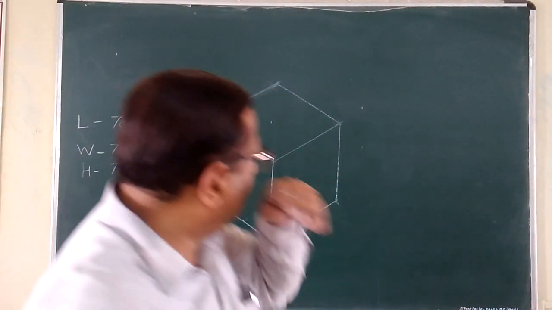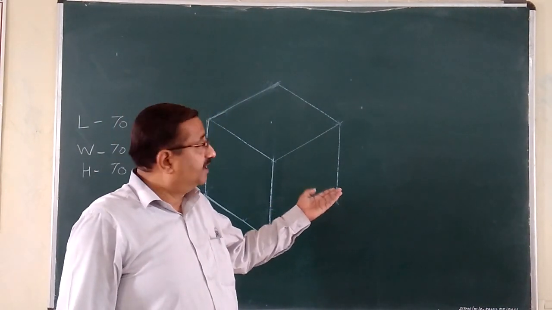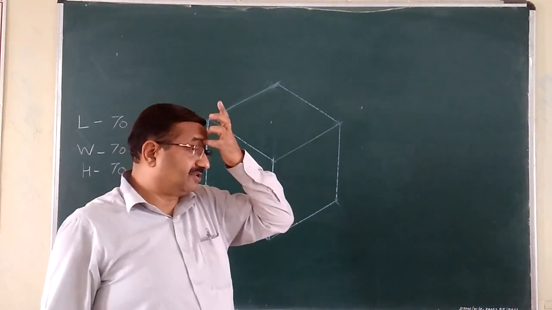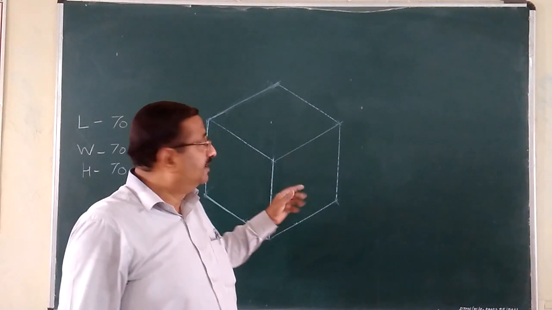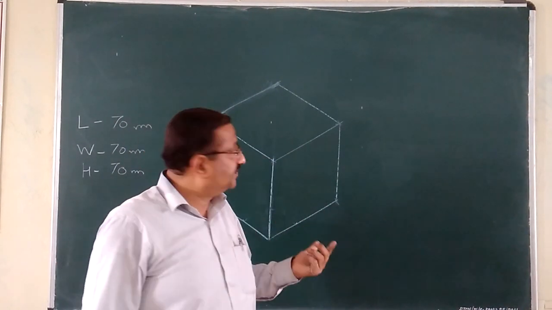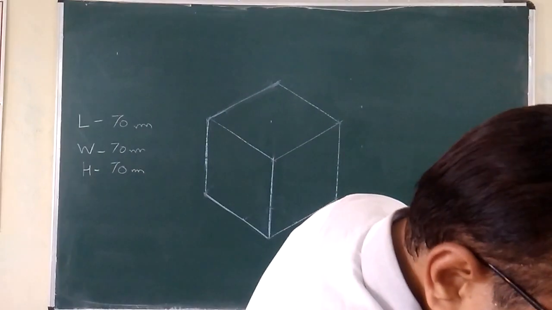Means horizontal lines, now those are to be tilted by 30 degrees. Earlier it was a square in ortho, the horizontal lines should be tilted by 30 degrees so that it becomes a rhombus. So a full rhombus is required for a full ellipse. Now further construction, I will show you how to get the ellipse.